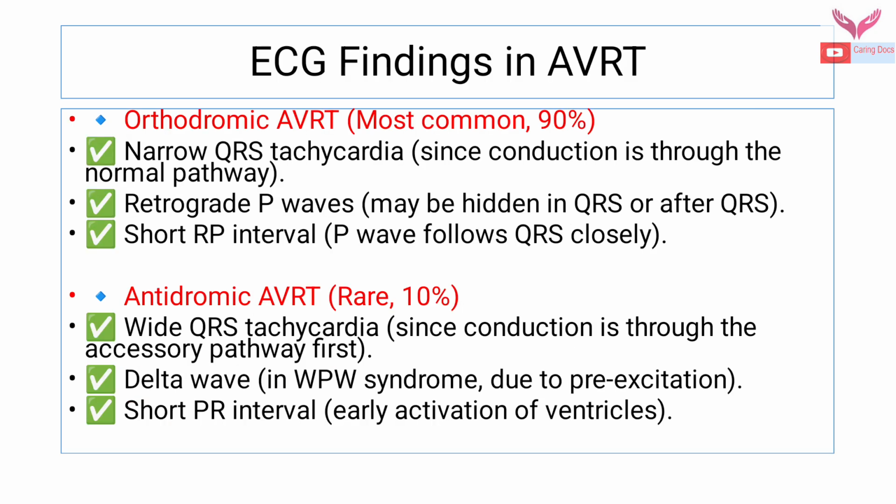The ECG findings in the AVRT: in orthodromic AVRT, we see narrow QRS complex tachycardia. Retrograde P waves may be hidden in the QRS or after the QRS. Short RP interval, the P wave follows the QRS closely. Antidromic AVRT, which is rare, seen in 10% of cases, shows wide QRS tachycardia. Delta waves are seen in WPW syndrome due to pre-excitation, and we can see a short PR interval because of early activation